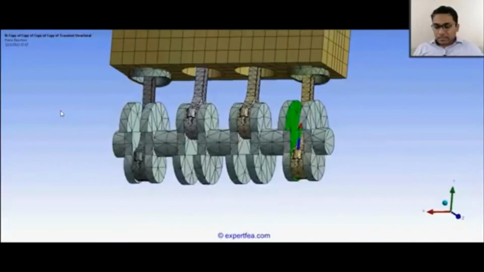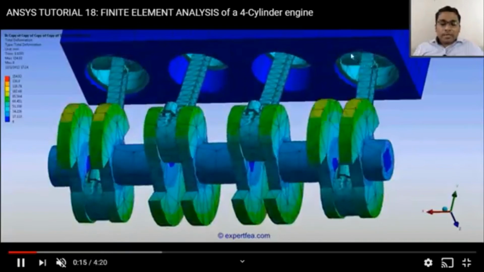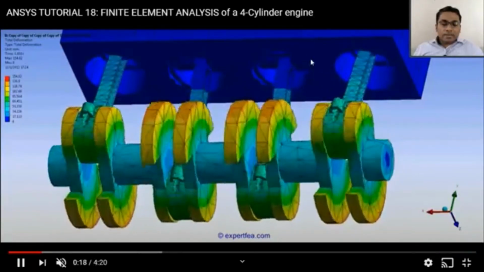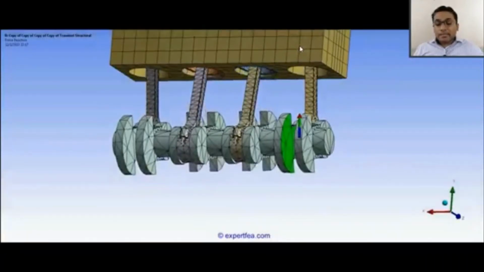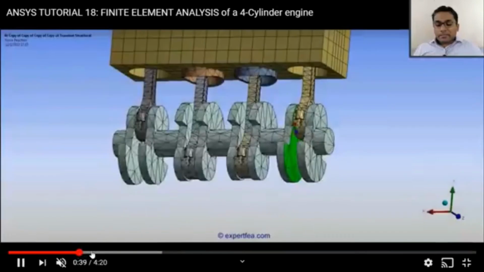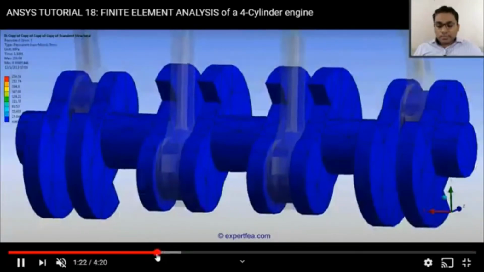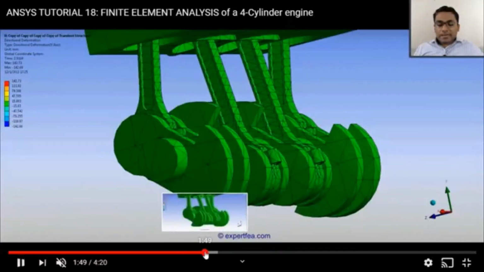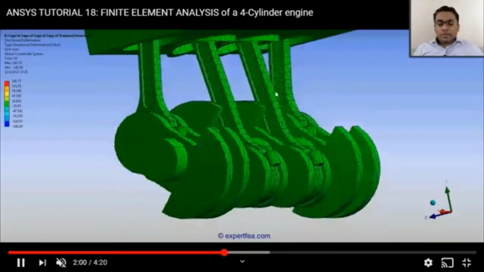It means that it goes towards the higher stress region, and these higher stresses are maybe due to a lack of material, so we have to put some more material here, or maybe due to some dimension we need to optimize. So what we do in FEA analysis is see where the higher stresses are occurring, and we have to evaluate whether we have to put some more material. And if the whole model is still blue, it means that it is under stress. It means that we put in so much material that no higher stresses are being formed.